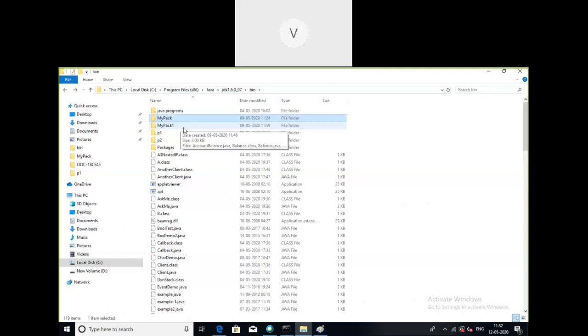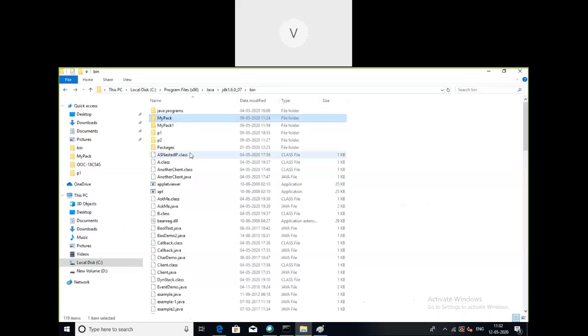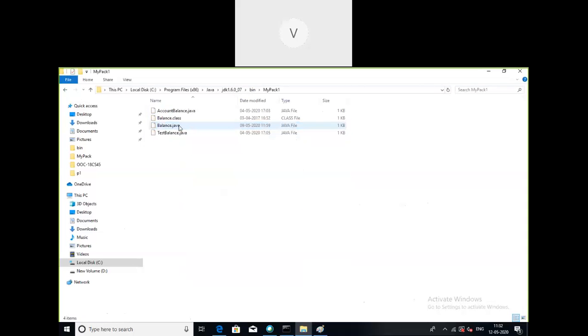See here, we have seen this mypack in the previous classes, and these were the entities available. Now, for this explanation purpose, I have created another package with only a minor change. In the textbook it is mypack, but here I have made it mypack1 because I have not changed the original package.